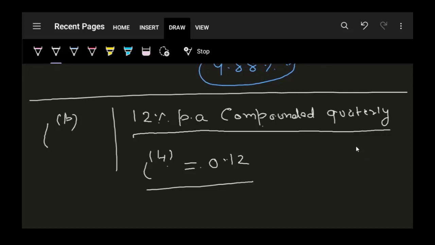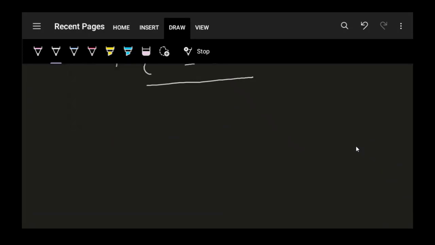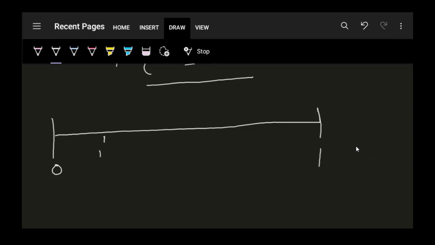Now we look at an example and the timeline to get the idea of what's going on here. So when we write interest rate like this, when the person at the bank told us that we will charge an interest rate of 12% per annum compounded quarterly, it means he is quoting us a nominal interest rate. And what he actually means is that at the end of every quarter, I am writing it as, this is my 0 time period, this is the end of first year. I am writing my first quarter as 1 upon 4.